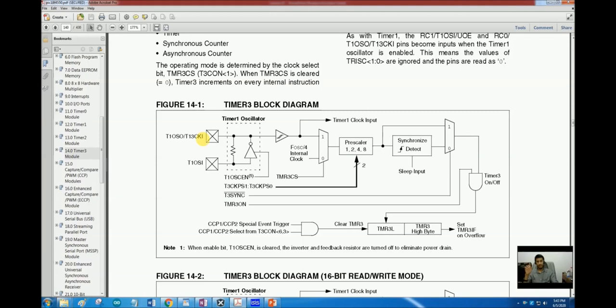So if we are using an external clock for timer 1 and timer 3 at the same time, both of the timers will get the clock input from the same source, whether it is the clock or the built-in oscillator.